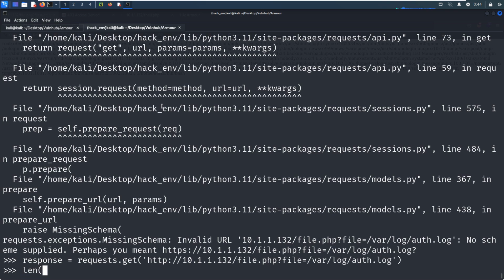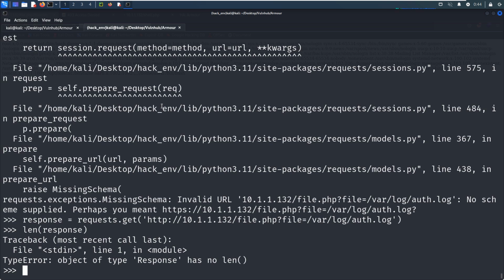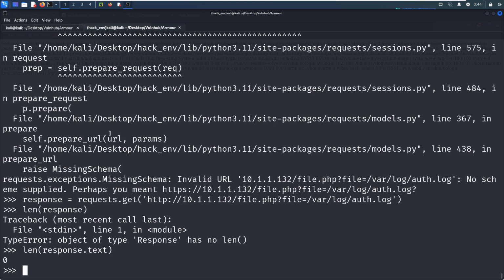Now we can check the response text. So the length of the response in that case would be 0. By this knowledge, we can differentiate which payload is available or accessible.